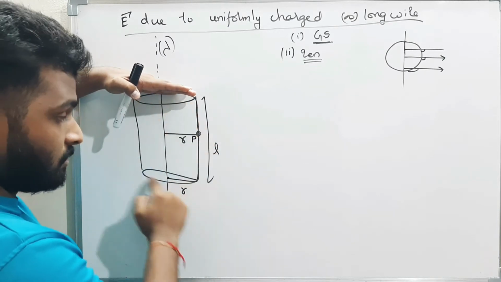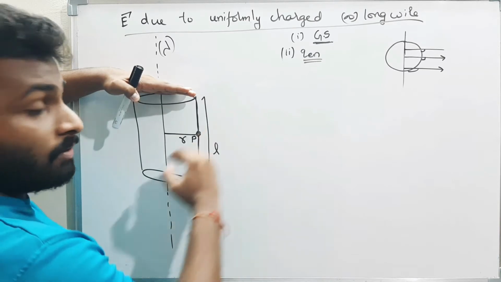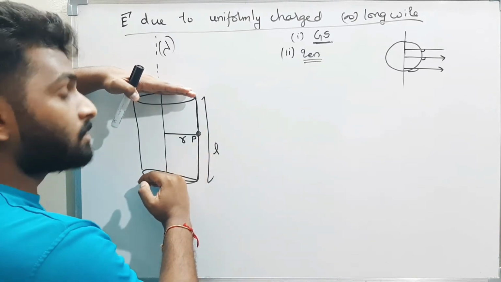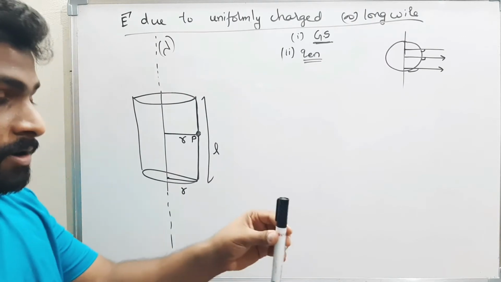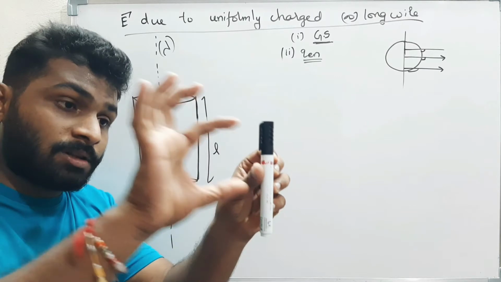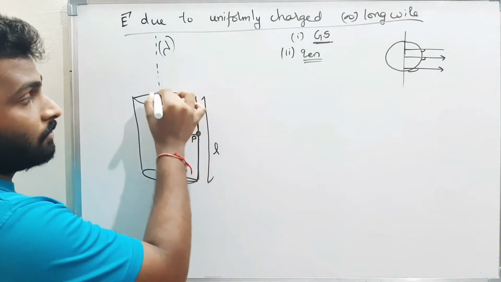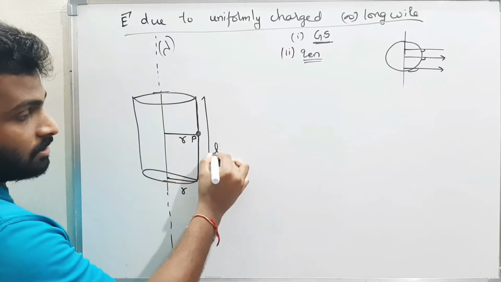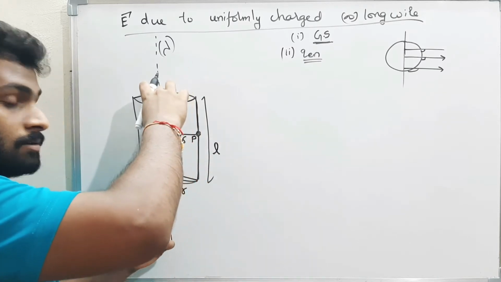In this closed surface, only this much of wire. How much wire? L length of wire is present in this cylinder. What is the charge? Can you imagine that? This is an infinitely long wire, but I am assuming a cylindrical body of this much length. Now what is the length present in this cylindrical body? Only this much length, right? Therefore, what is the length of the wire present in this cylindrical body? The length is L. We will ask what is the charge present in this length L?